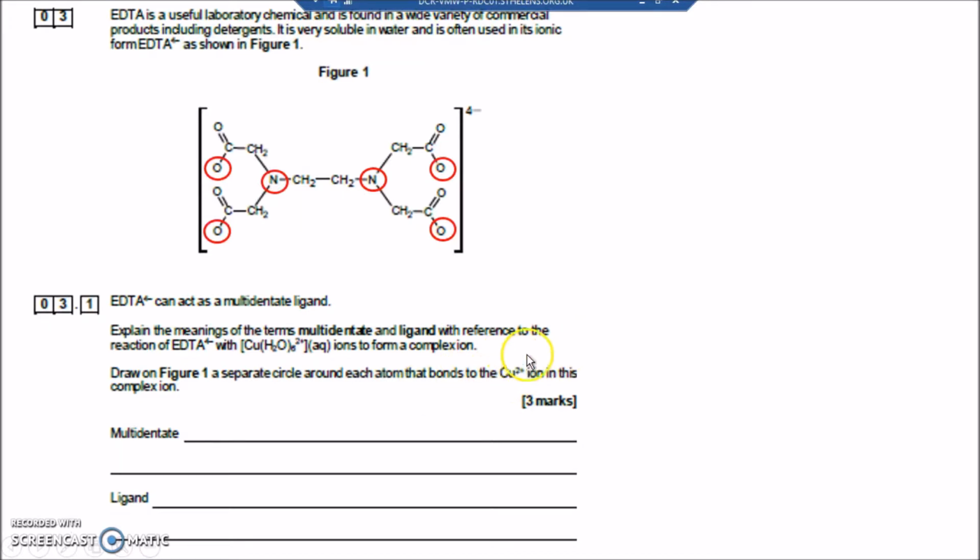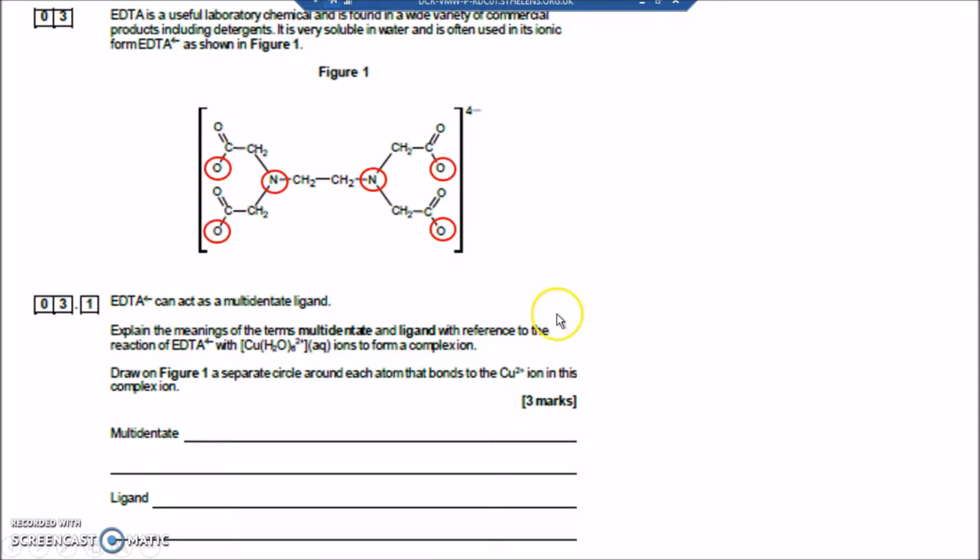Well, remember, the central metal cation, plus ion, has ligands bonded to it, and the ligands use their lone pairs to form covalent bonds. They use both lone pairs to put into the covalent bond. It's a normal covalent bond, except that the lone pairs have come from one of the atoms rather than both atoms putting 1 electron each. A pair of electrons, a lone pair of electrons, has been provided by one of the atoms to form that covalent bond. That special covalent bond, where both the electrons have come from one of the atoms rather than one electron from each of the atoms, is called a dative bond